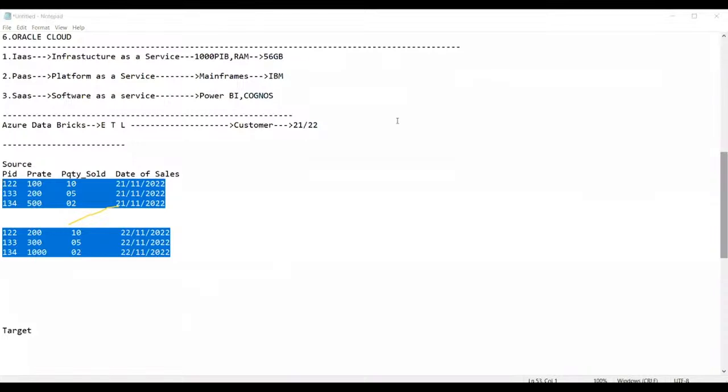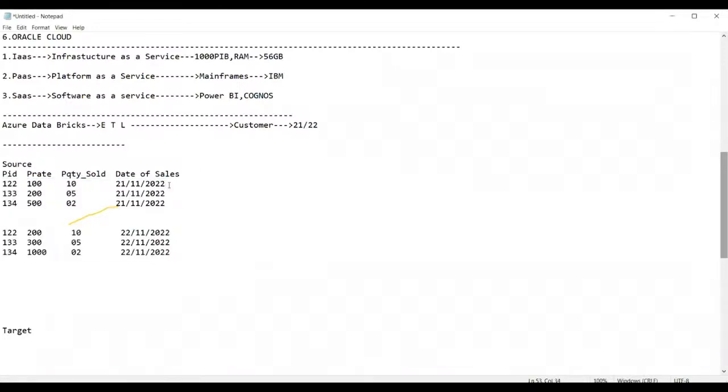If you have a massive amount of data, can you look at the data and decide or not? Suppose each table has some 1 lakh records. Can you decide by looking into the records? No, not possible. So for that, we use a technique. What is that? ETL. Let us see how ETL is applied here.